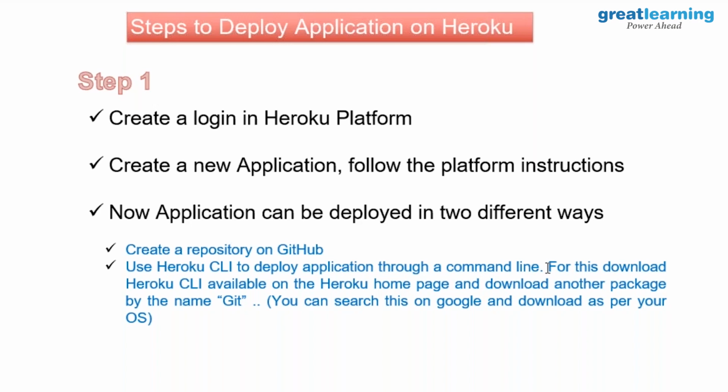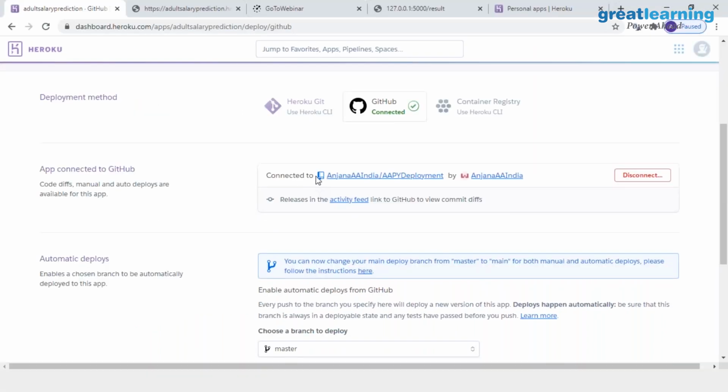So Heroku by default assumes that you have a model, or you have the .pkl file, along with the remaining user interface available on GitHub. So you can actually create an application through GitHub, or Heroku has a client level interface, a CLI, which is available. Through the CLI, you can actually deploy the application, which is very similar to deploying it through GitHub, right? Or you can use a CLI application.